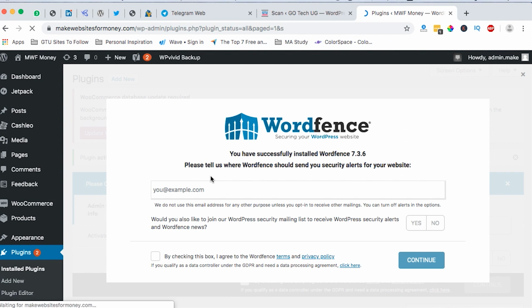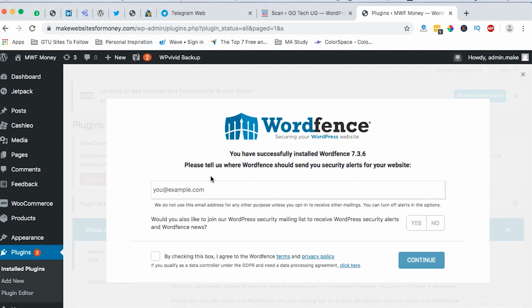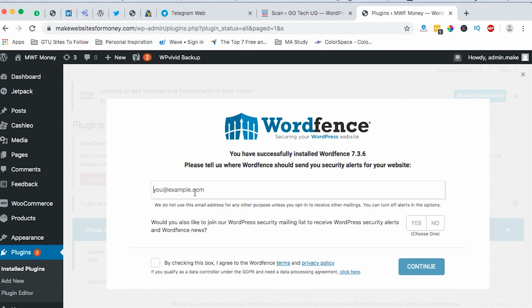So once we have now our Wordfence activated, it will require us to feed in here an email address where we can receive notifications about what is happening on our website. These notifications will be something like the recent updates that are happening on your website, the recent attacks, or if someone is logging in or something. So this should be actually your real email that you have access to. So I will just add this admin at make websites for